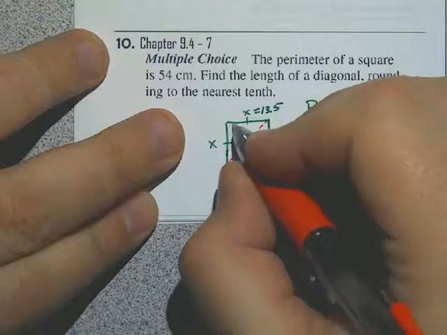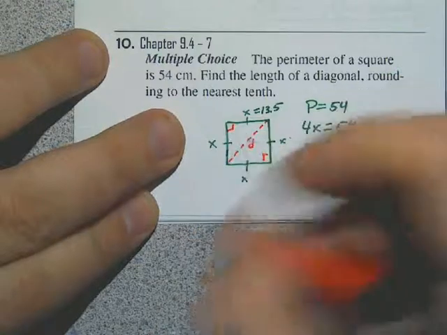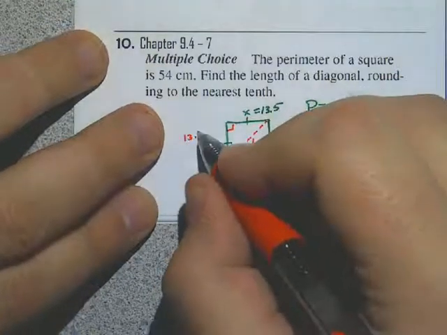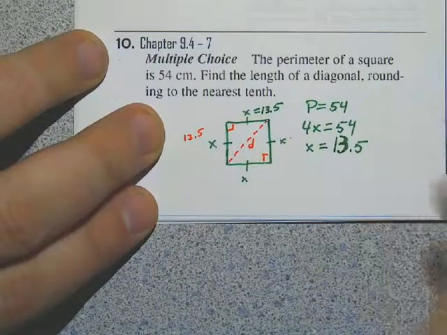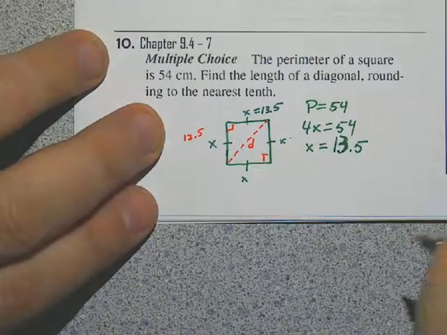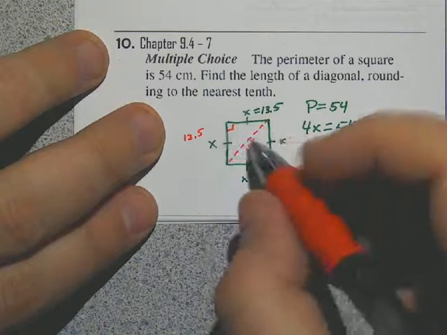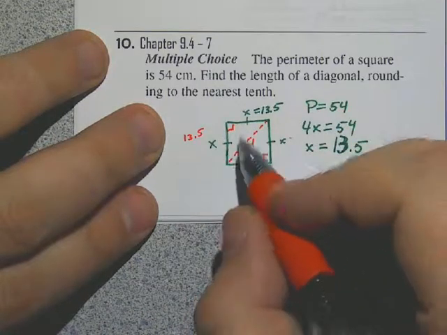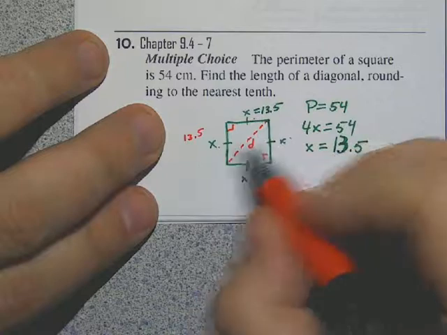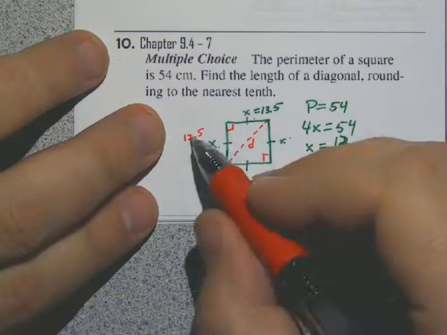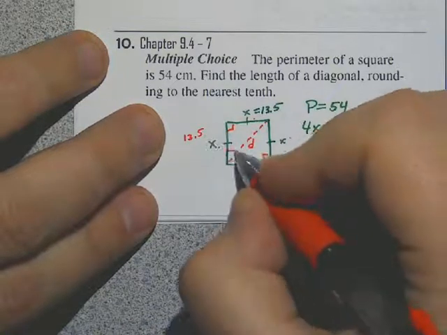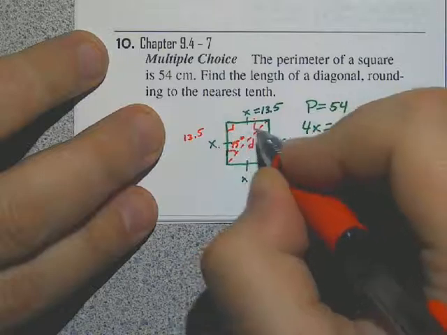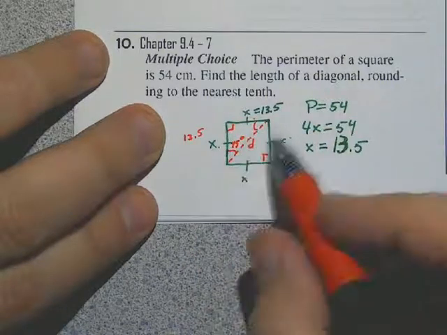D. Well, once again, you have a choice. You can use the Pythagorean theorem with 13.5 and 13.5 to find D, or you could use this 45-45 right triangle. By now, you should have worked enough of them that you're starting to see a pattern. This will be the same as this, and this one's always going to be 13.5 times the square root of 2. But you're also going to have 45-degree angles here, 45-degree angles there, and you can use trig as well